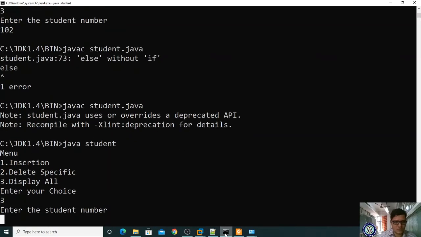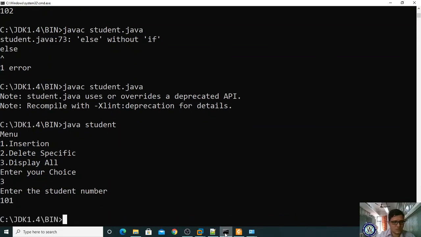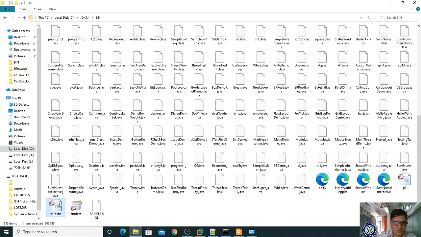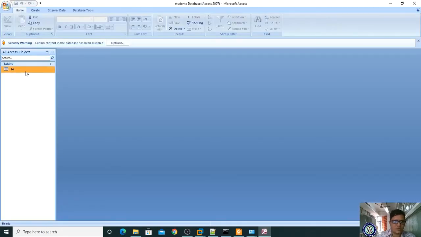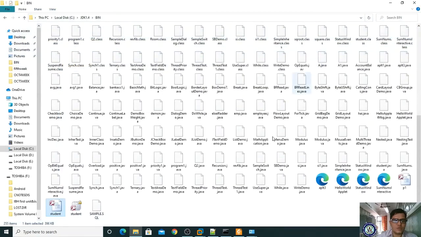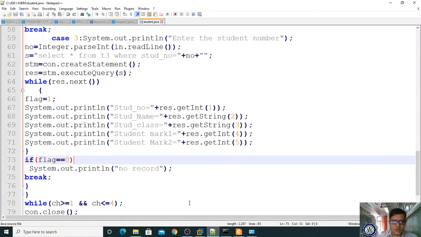Now 3, 101, enter the student number. Before that, if it is not showing, we have to open our database file, student, and check whether it has stored. Yes, information has stored, but it is not fetching, right? Okay, while result dot next, what happened here?